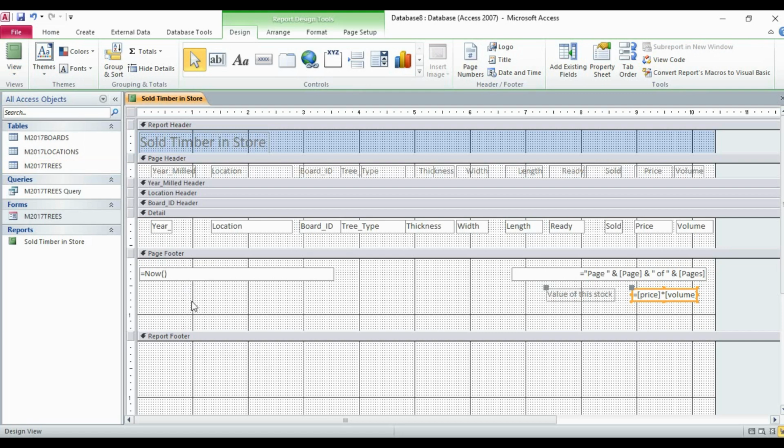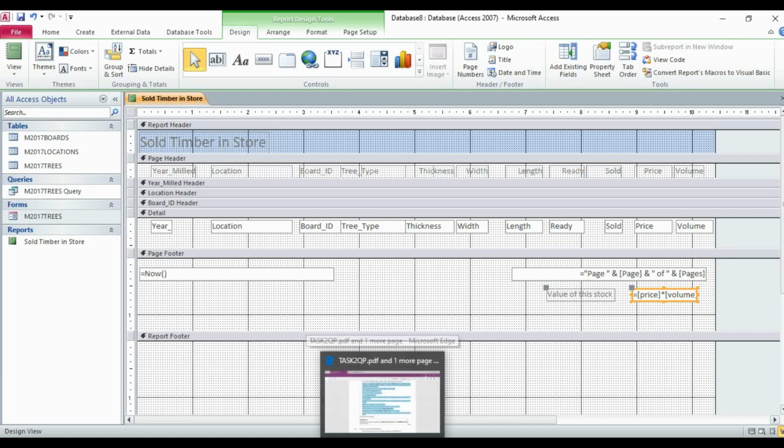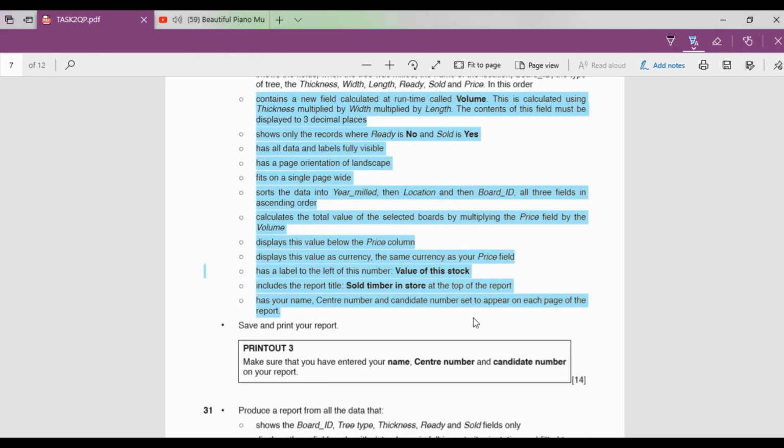But if you use a report footer, it will only appear at the end of the report. As it was not mentioned whether we have to display it on the top or bottom, we can set it as per our requirement. So I'm just setting it to the report footer.